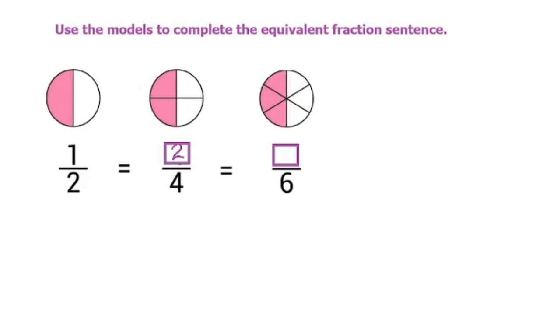So the fraction is, we count how many there are. So there are 1, 2, 3 colored ones out of 6, right? 1, 2, 3, 4, 5, 6. We know there's 6 total equal shapes, right? So there's 3 out of 6 shaded, so we could put that in as 3. So 3 out of 6. So we know all these fractions here are equivalent because the colored areas are the exact same size and shape for each one. So now if we have another one,